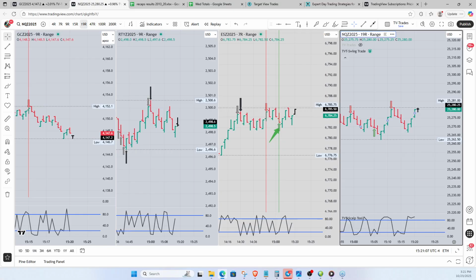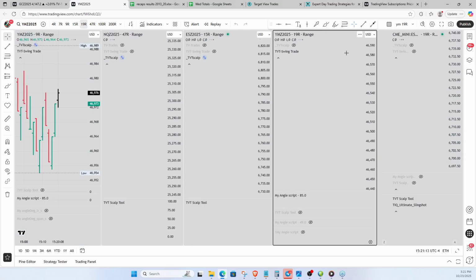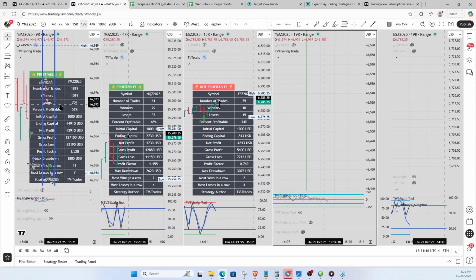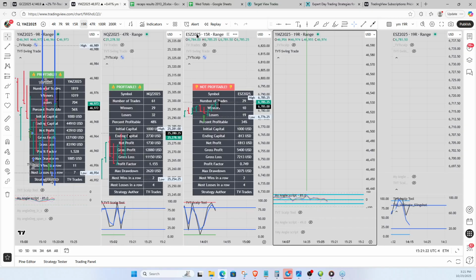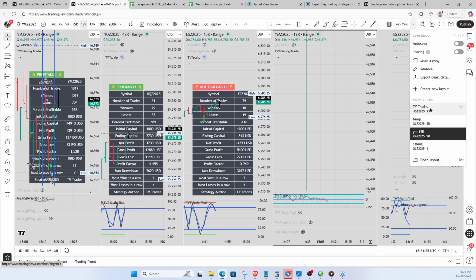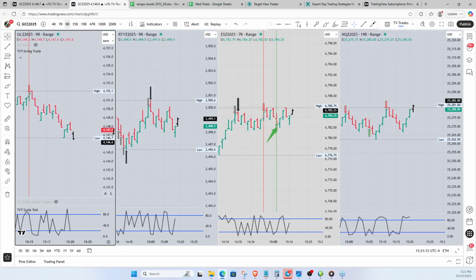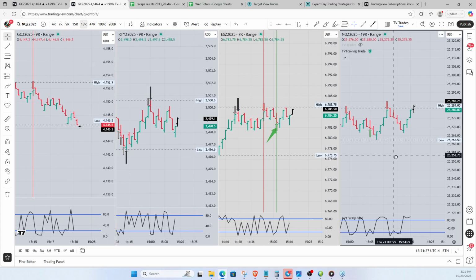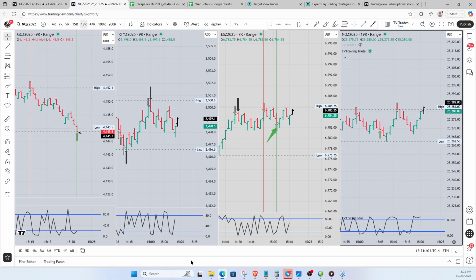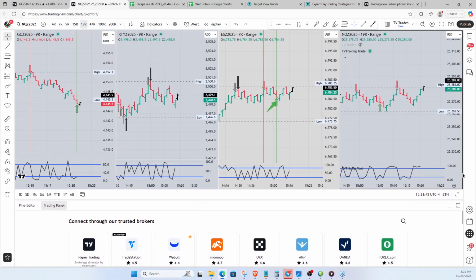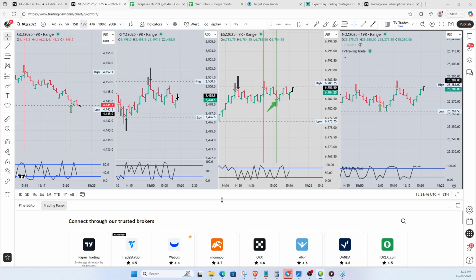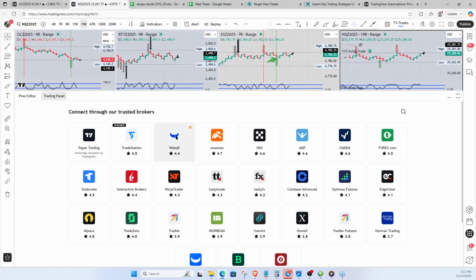Alright, now I know some of you guys were really interested in the automated stuff. The problem I'm running into with the automated stuff is finding a brokerage where I'm going to be able to successfully run it consistently. I opened accounts just the other day. I opened one at Webull and I opened one at AMP to try to get it to run across both of those. Those are both listed down here in the trading panel. You can see Webull is right here and AMP is right here.